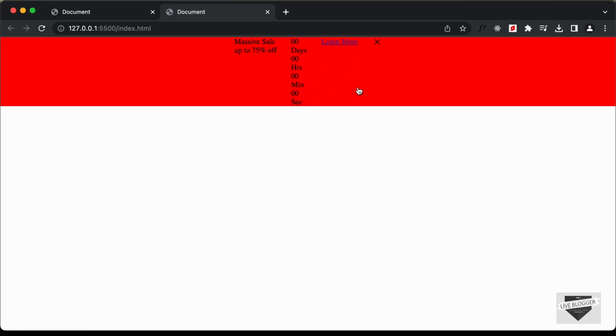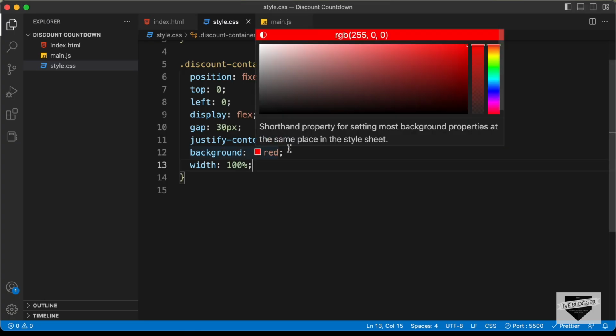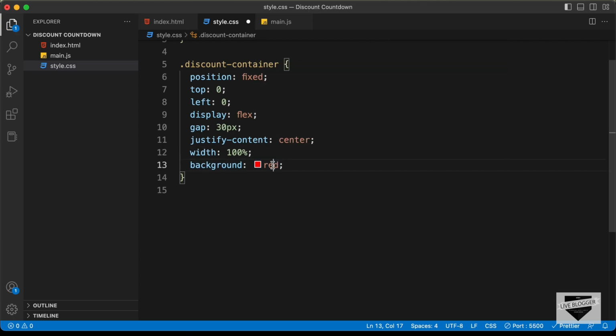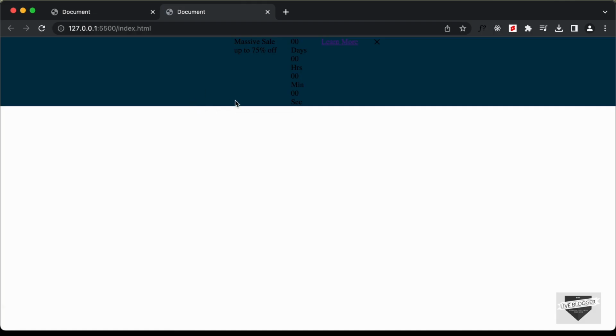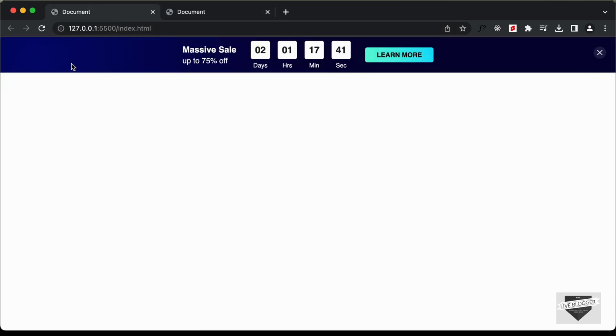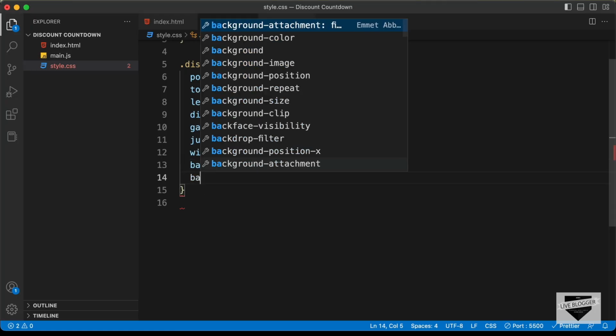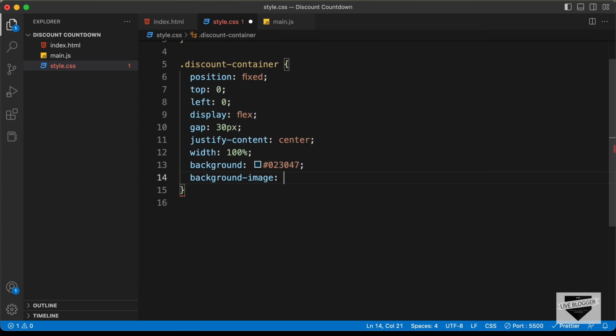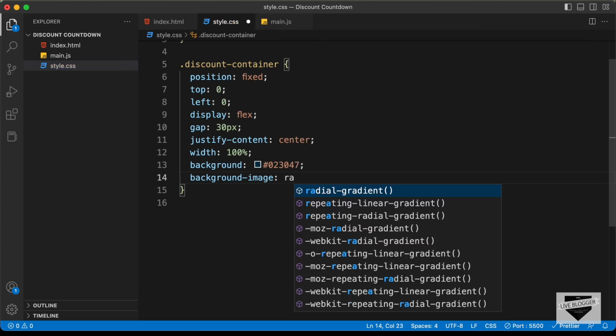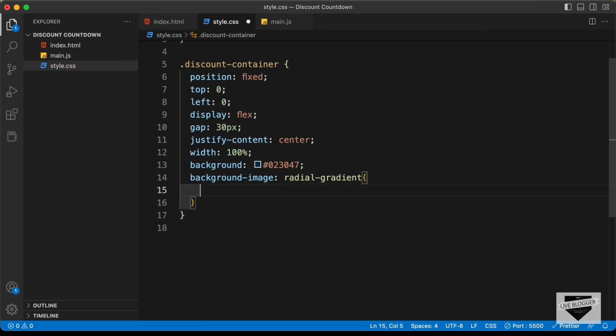Right now let's go ahead and change the background color. So first of all, let's set the background color to a dark color. So I'll just type 023047. So this is going to be the default color. Now let's also add a radial gradient. So here we can see we have different colors over here on the left and on the right side. So for that, let's type background image and let's type radial gradient. And here for the values, let's type circle 610 pixels at